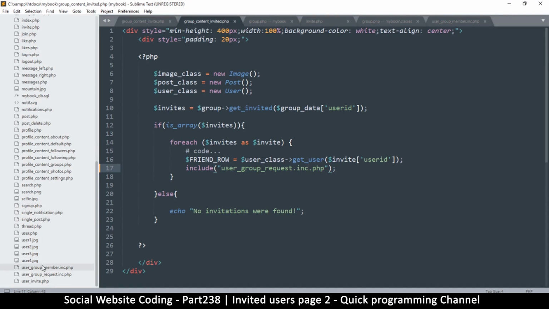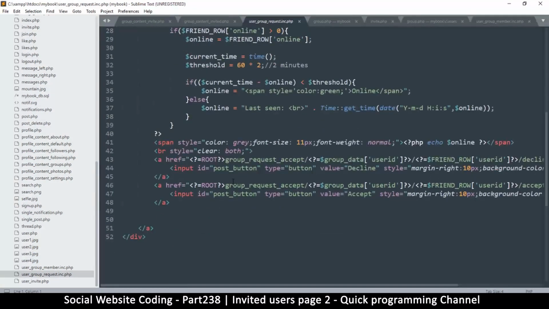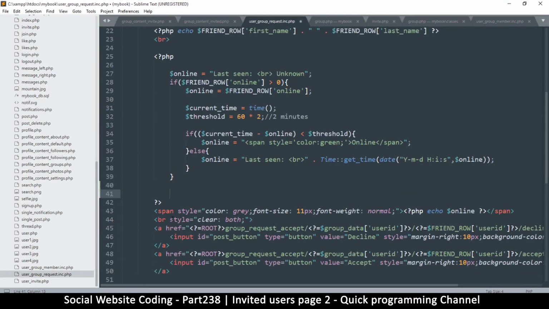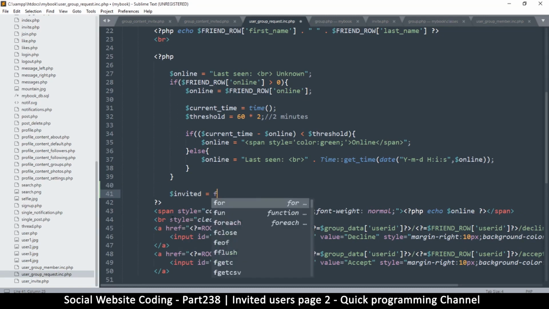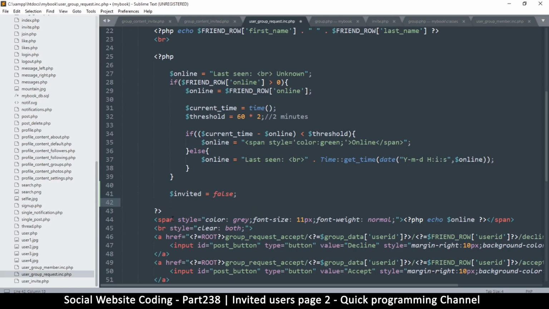Let's open that file, the inc user group request.inc, and let's get to this point right here. Okay, so now all I need to know is, was I invited? So we can put an if statement. So we'll say invited is equal to false. So let's begin with a false premise. We assume you were not invited, but if